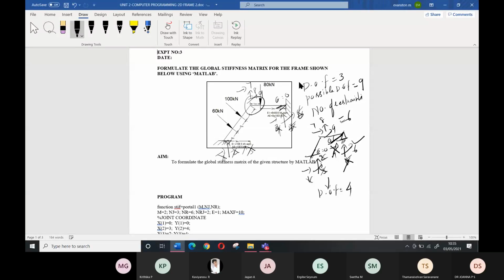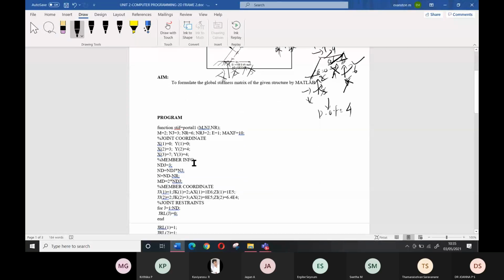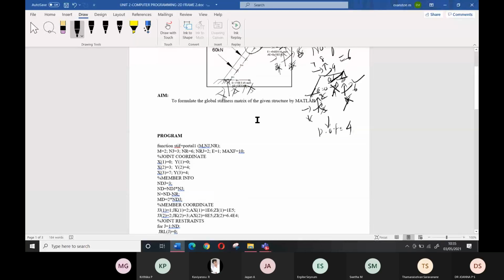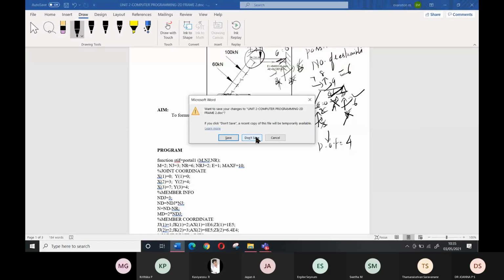So these types of questions you can expect in the multiple choice questions. And I'll give you the programming, that is how to find out the number of degrees of freedom, total degree of freedom, restraints, all these things you can expect. And in the big questions, the part C questions, whatever we have done in the assignments, you have to study. That is how to write a program, how to calculate the length of the member, how to formulate stiffness. If you study all these things, it will be enough. So concentrate on the questions I have given in the assignments and the unit test. That's enough because I have covered all the portions.